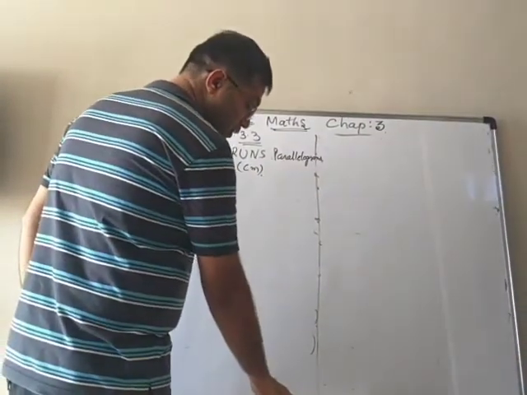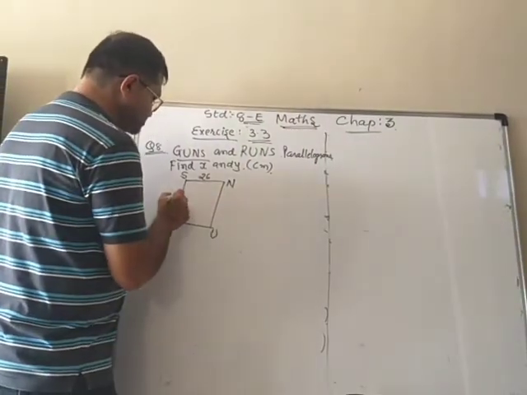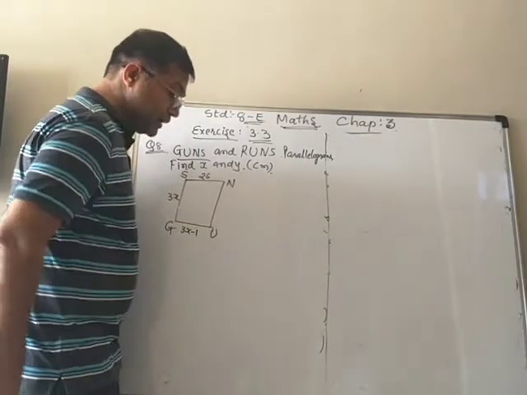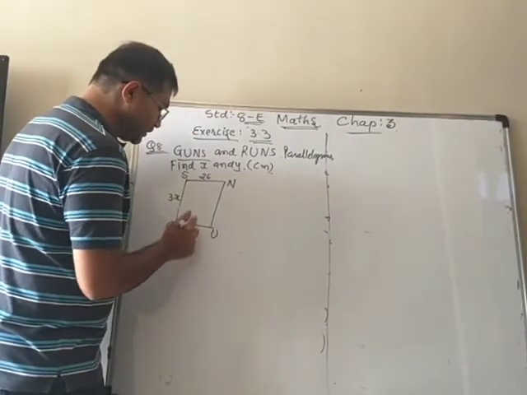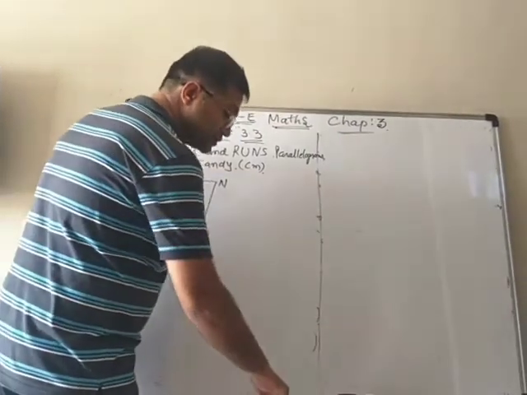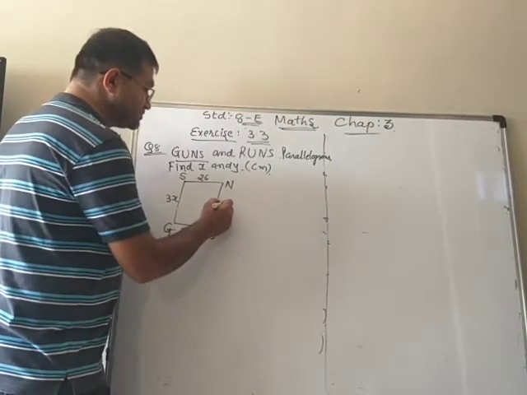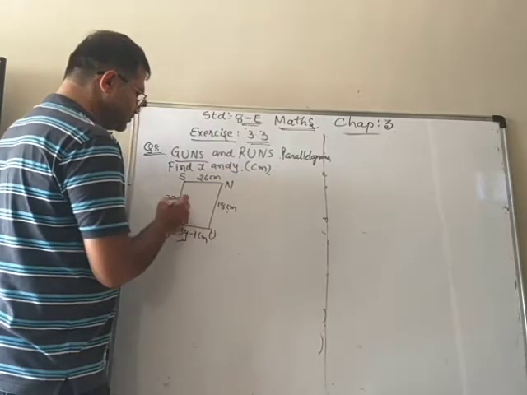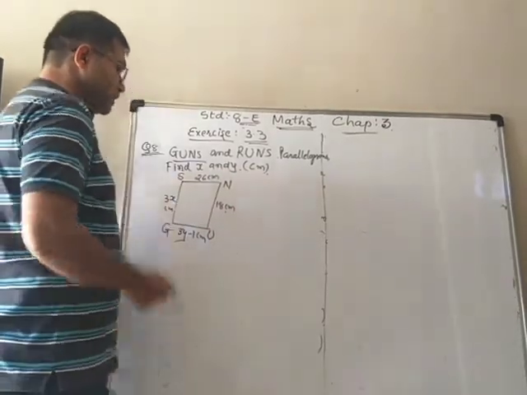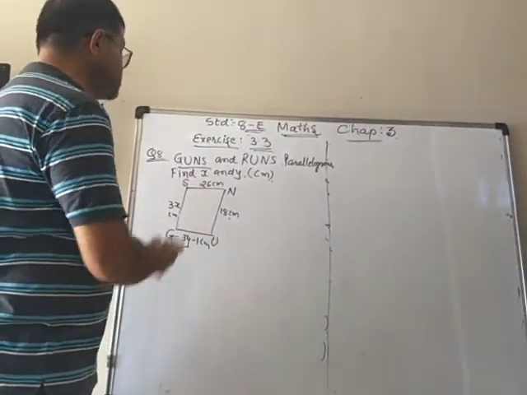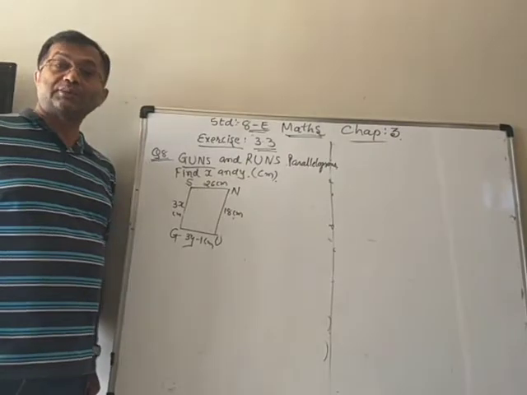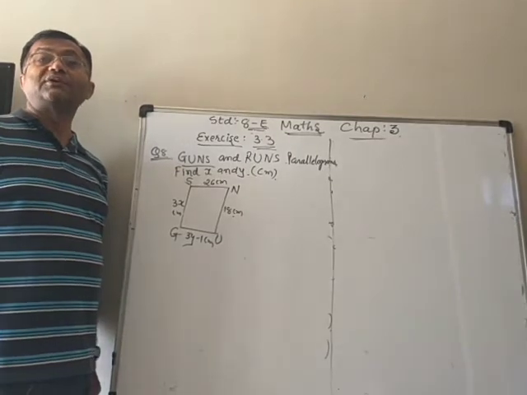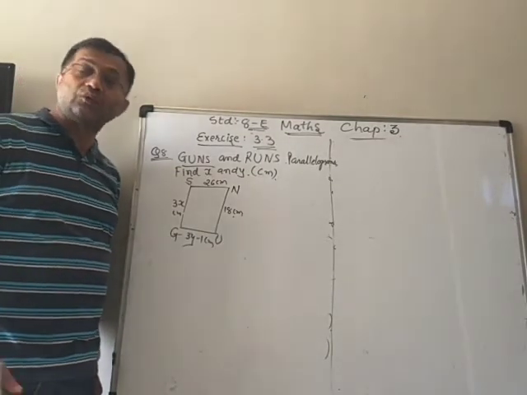Then this is given as 3x. The GU is given as 3y minus 1, and the side NU is given as 18, means centimeter. They have given all the values in centimeter. So now how can we find the values of X and Y? Now we know the properties about the sides of a parallelogram. The opposite sides are of equal length.